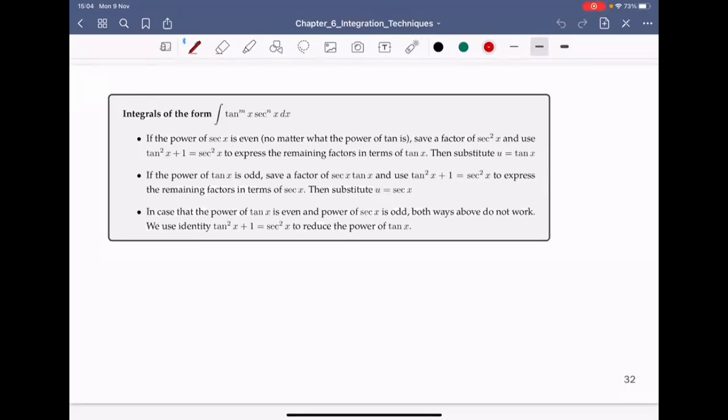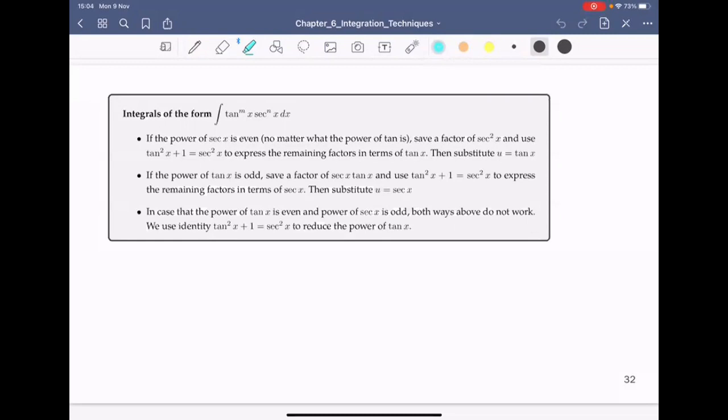Today, my plan is to cover integrals of the form tangent and secant. And next, we're going to move to trigonometric substitution, which is the hardest one for this chapter. All right. We're going to start by looking at integrals of the form